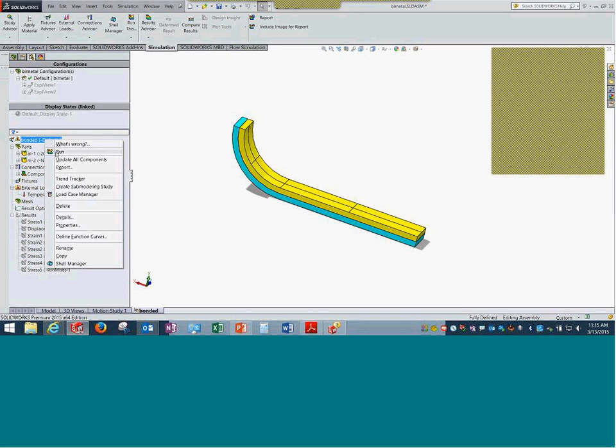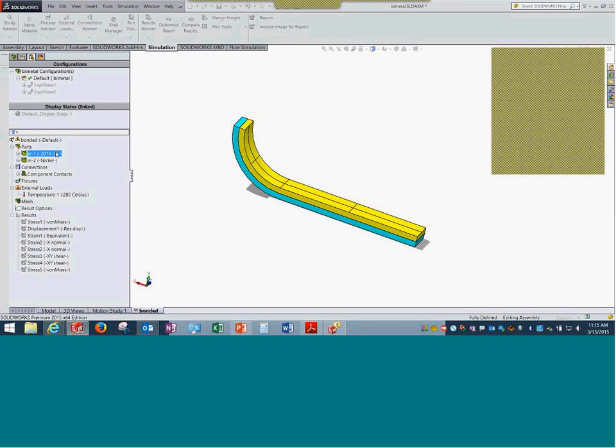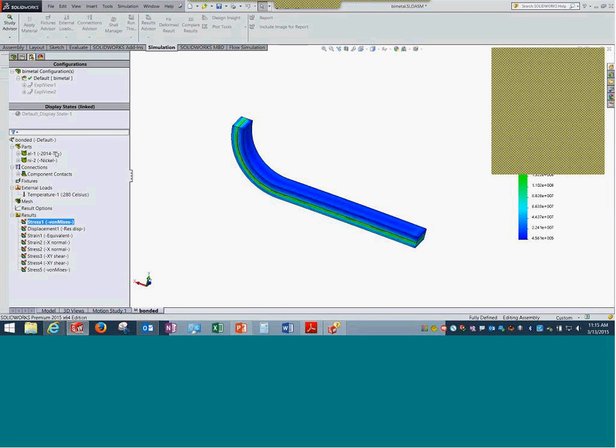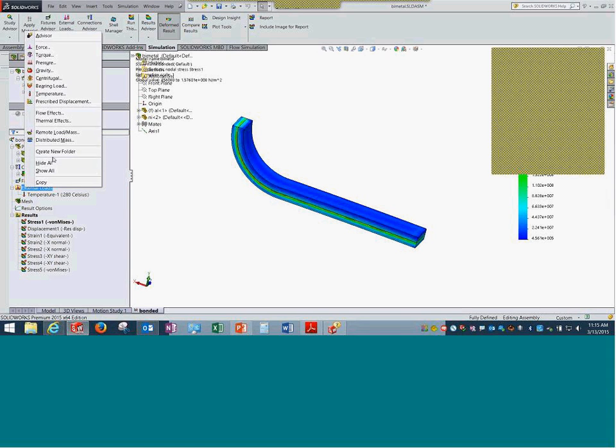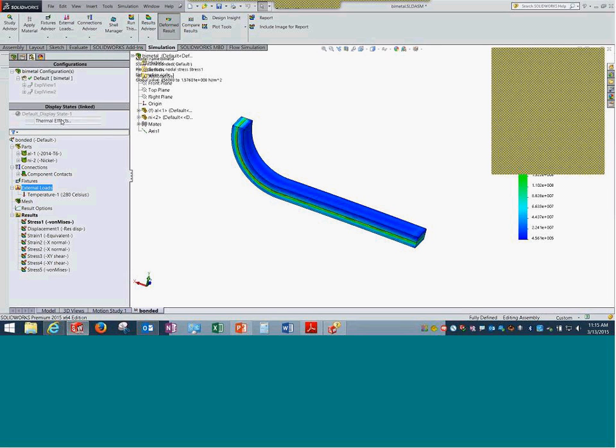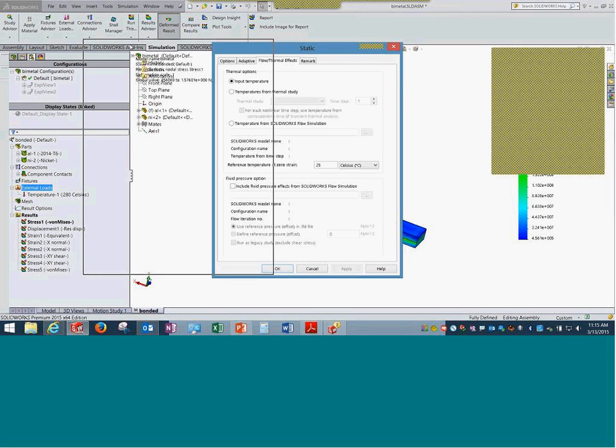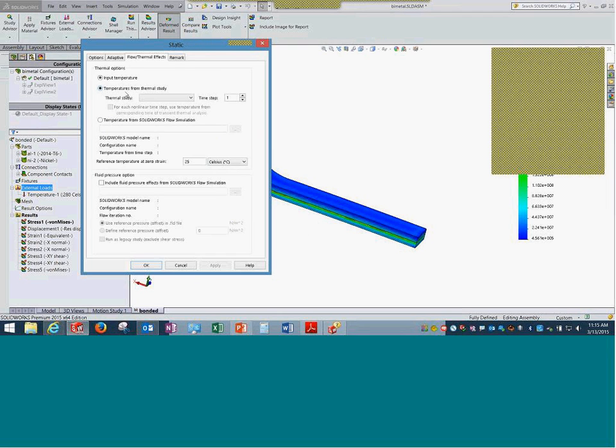So three different things. Number one, material properties, varying coefficient of thermal expansion. Second, initial temperature is given. Third, we are applying temperatures on the body. Now these temperatures can also come from a thermal analysis done. So you can also get the temperature variation from a thermal study. Unfortunately, nothing in this one, but you can of course get it from that study as well, or apply the temperatures